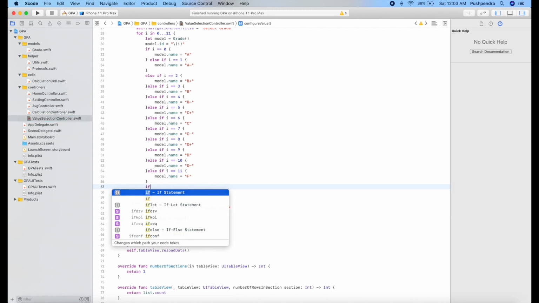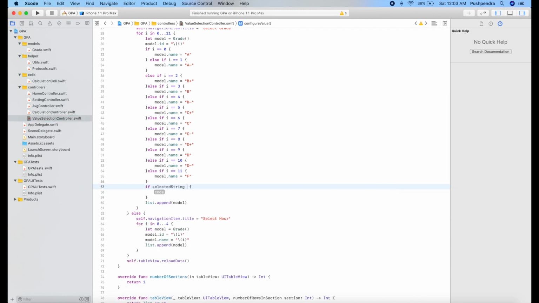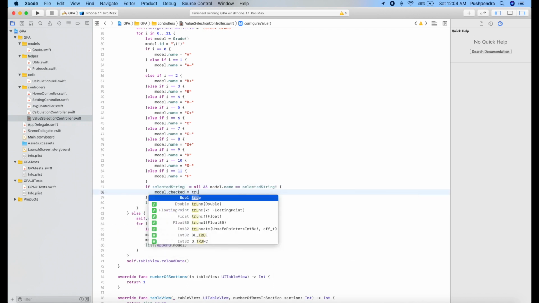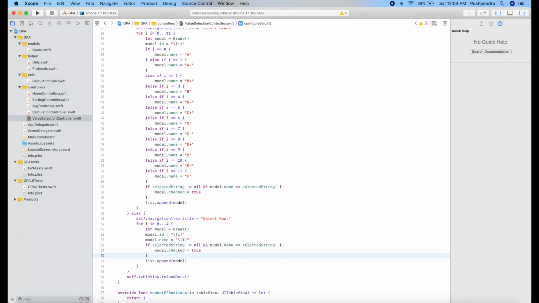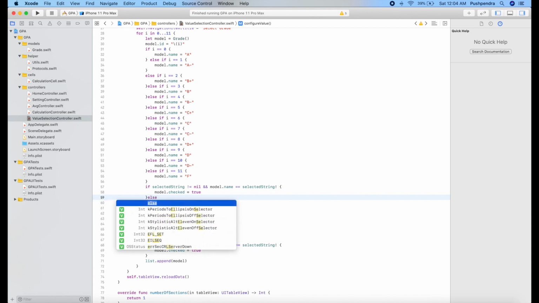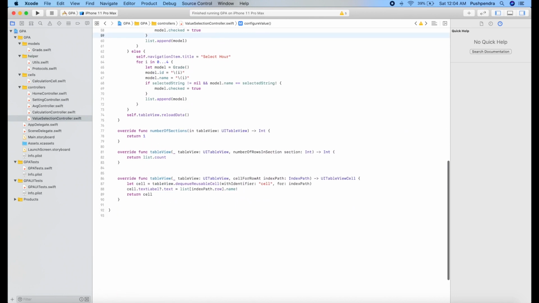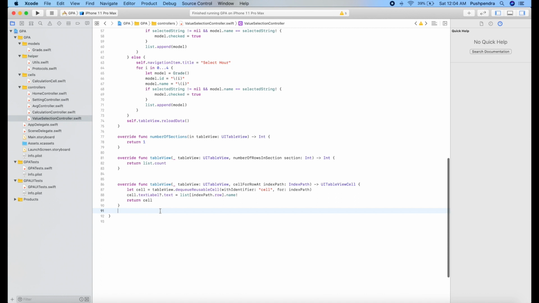Here if selected string is not equals null and selected string model dot name double equals selected string, then model dot checked equals true. Same thing we will do for hours. We don't need to type for false scenario.